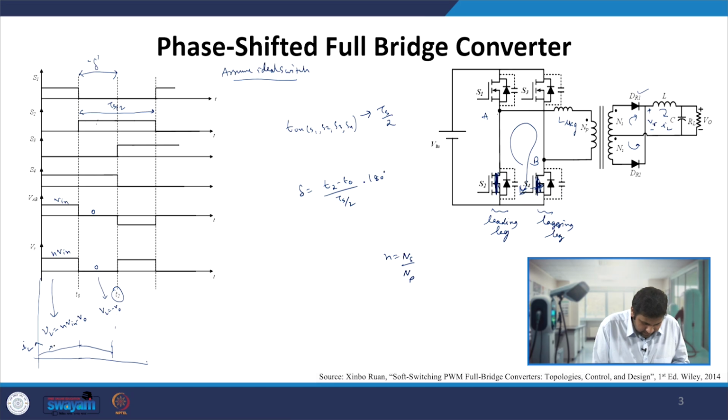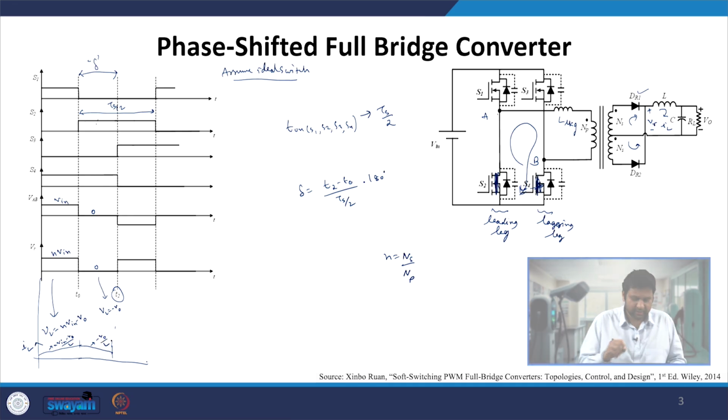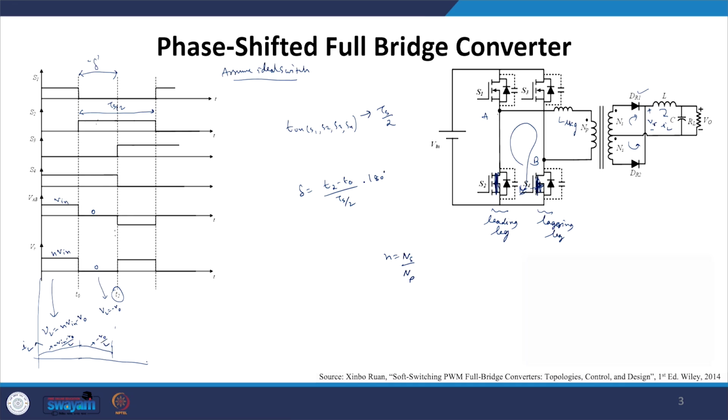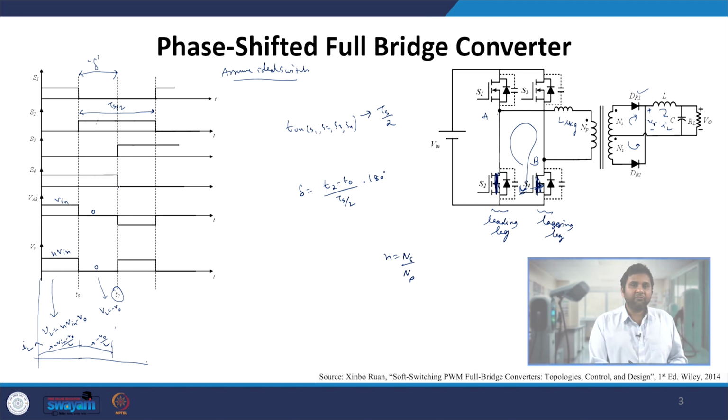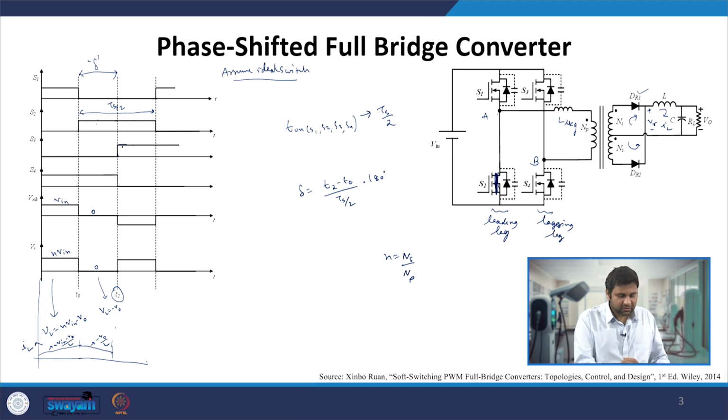So, here it is NV in minus V naught by L, and here it is minus V naught by L, it is falling. And then again at T equal to T2, I have turned off my S4 switch. Since I have turned off my S4 switch, I will now turn on my S3 switch. So, the S3 switch is on, and S2 is on, and because of that you are now applying minus V in across AB, and because it is minus V in,